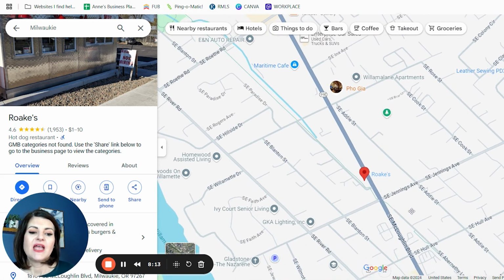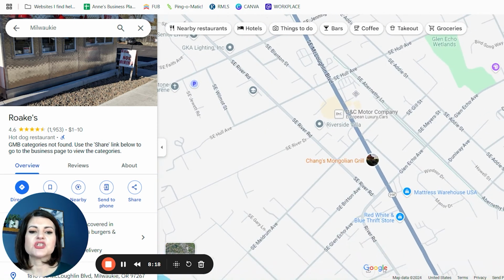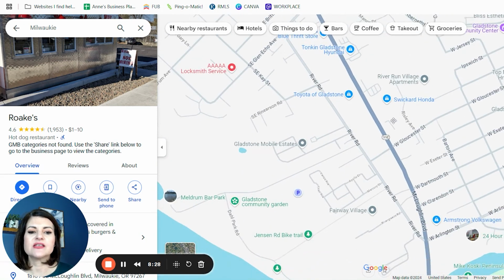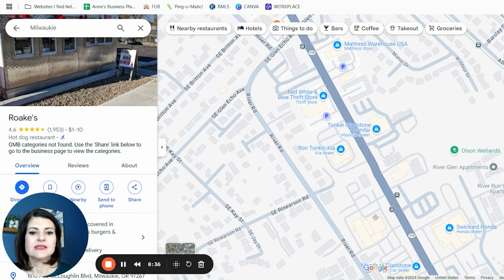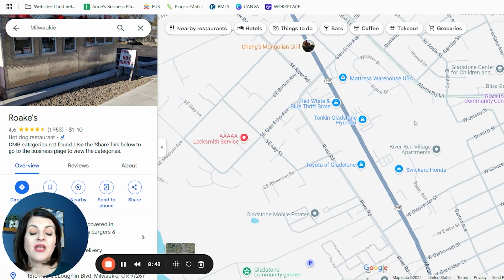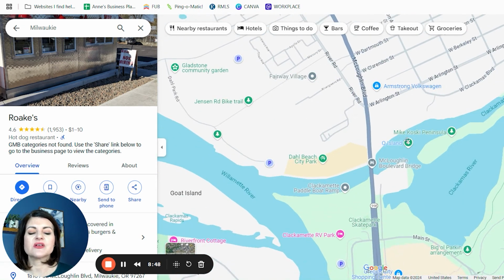Still around. But going down McLaughlin Boulevard, like I said, here we go. We're getting closer to those areas, as I mentioned. You've got DC Motor Company, Tonka, Gladstone Hyundai, Toyota, Gladstone Honda, Mazda. They've just got a bunch of car dealerships in this particular area. It's always been like that and still is. So going up and down 99, it will take you all the way down and you'll cross over the Clackamas